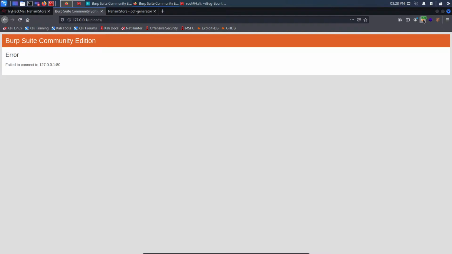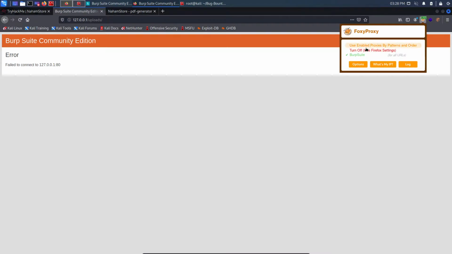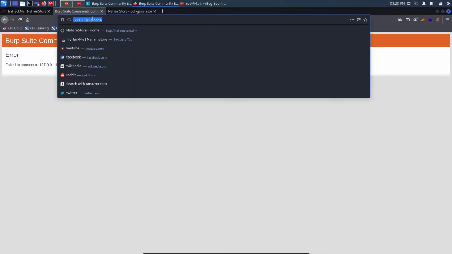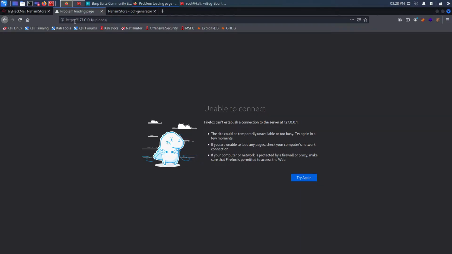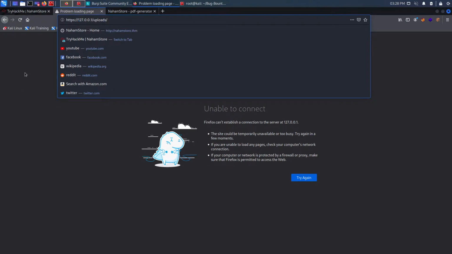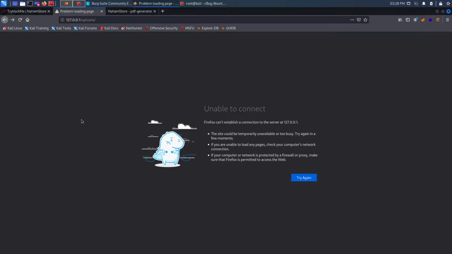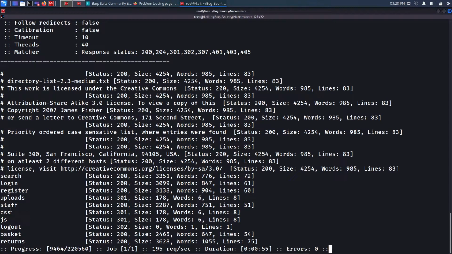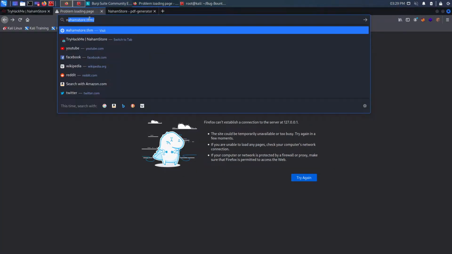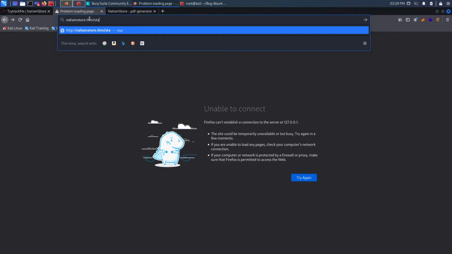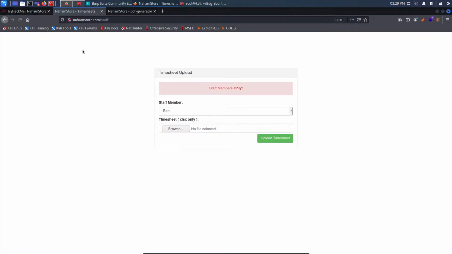So let's turn off my Burp Suite. Now uploads is redirecting me to localhost uploads, and it might not be working, but let's come back to it afterwards. There is stuff. So if I go to nahamstore.thm/stuff, right here it says timesheet upload, and there is some sort of upload functionality